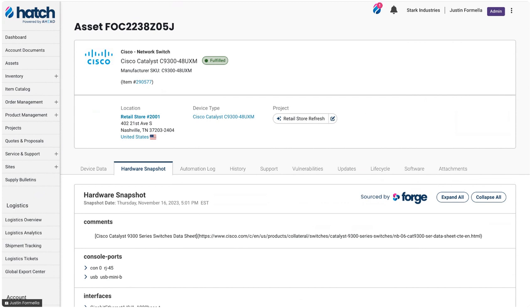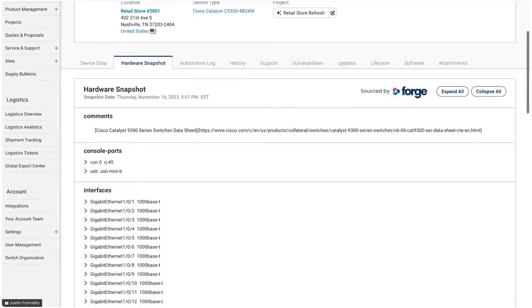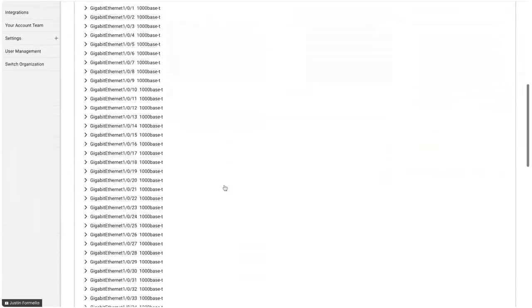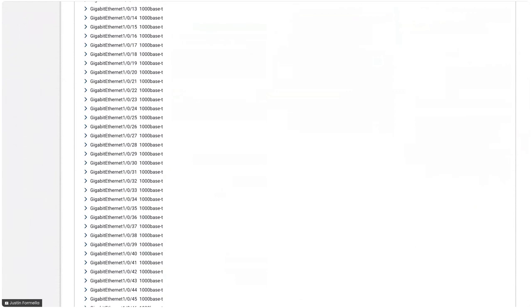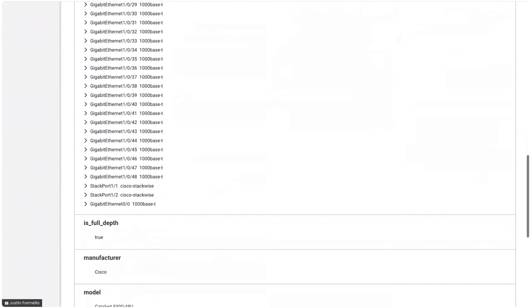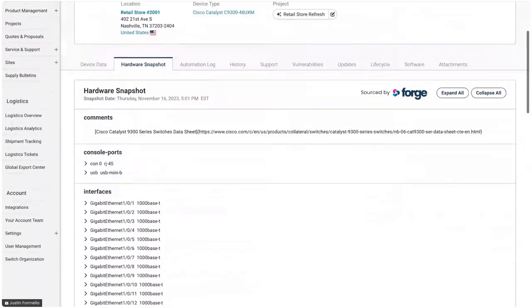What that can do is take a lot of the activities that need to be done typically out in the field, smart hands, on deployment, that we can centralize and almost turn a little bit into an assembly line where we're taking these configurations, applying them in a consistent manner, and then we're running any burn-in, pulling hardware snapshots on the detail of that asset, and making that information again available to push down into the CMDB once the device has been deployed.